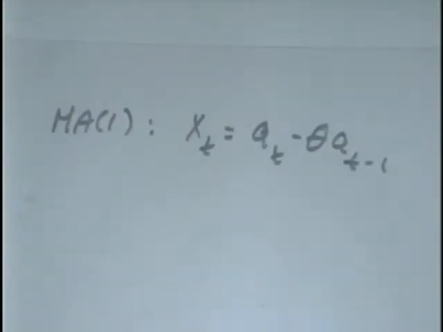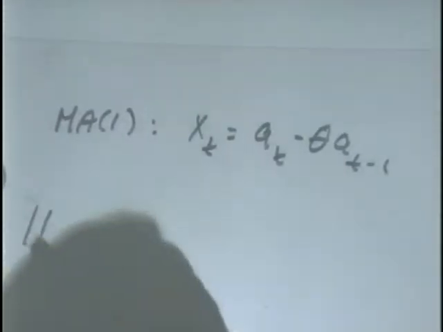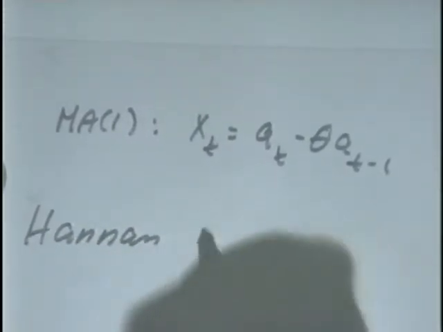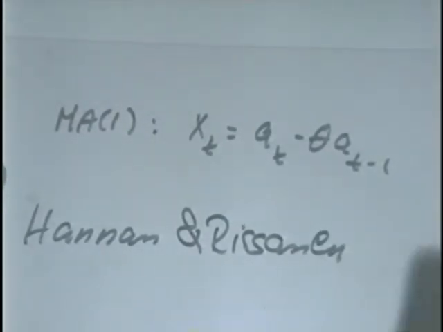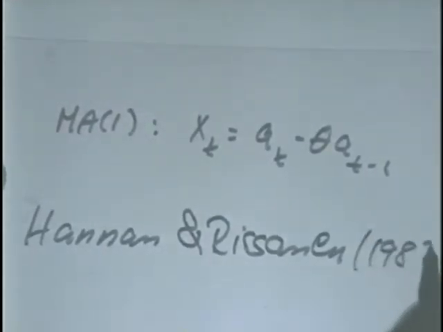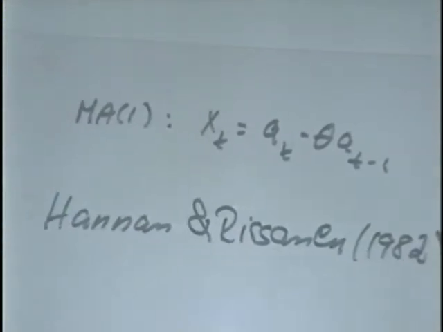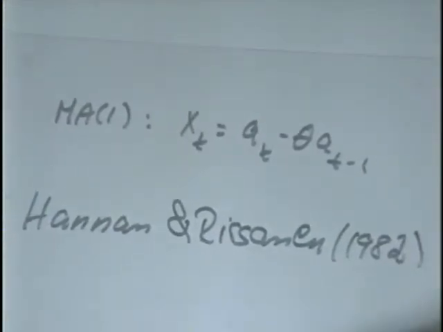Hannan and Rissanen in 1982, in their Biometrika paper, considered the problem of how to obtain initial estimates for the parameter theta,